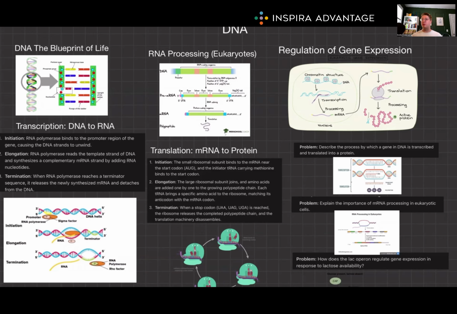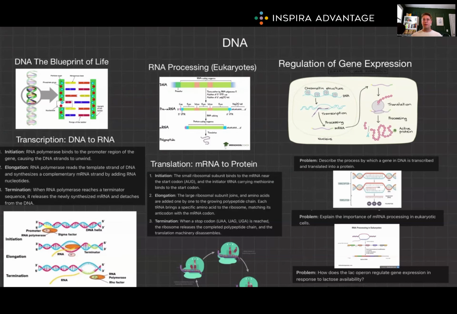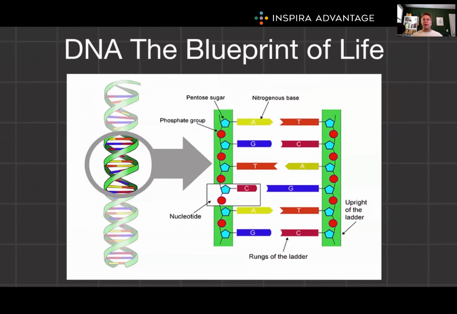Today, we're going to explore the transmission of genetic information from the gene to the protein. This process is fundamental to understanding how genes dictate cellular functions and ultimately impact an organism's phenotype. By the end of this video, you'll have a solid grasp of transcription, translation, and the regulation of gene expression. So let's get started. Beginning with DNA, or